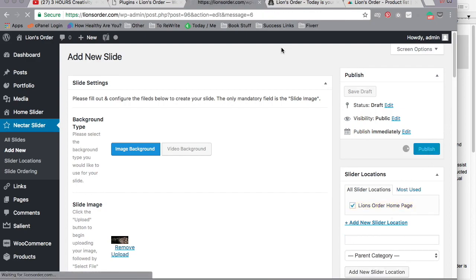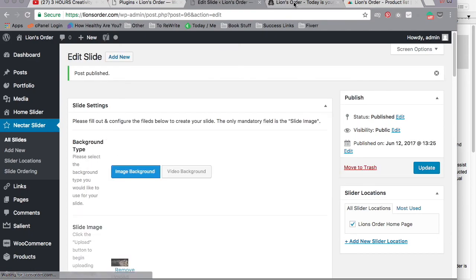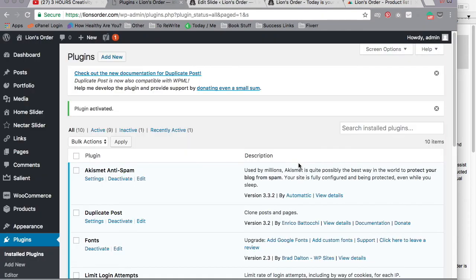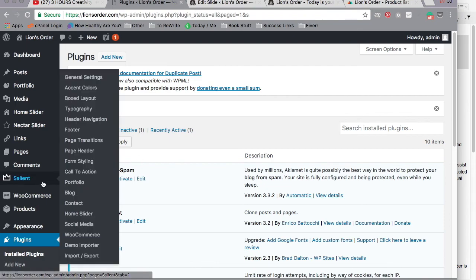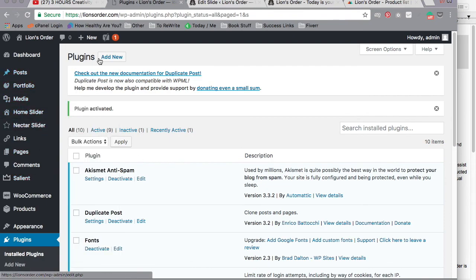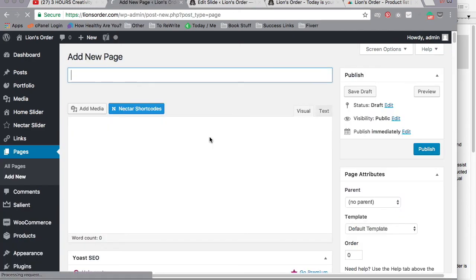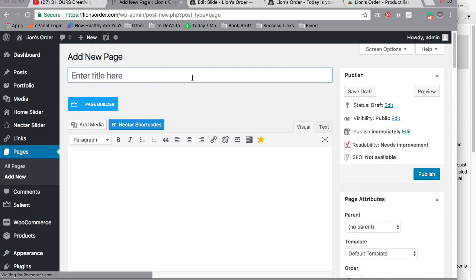This is going to make this image and the call to actions and stuff on it all accessible for the front page. So that being said, I'm going to go ahead into Pages, Pages, Add New, and now we're going to create our home page. Basically put, the title needs to be the name of your business, and maybe squeeze in a couple keywords or something that will maybe grab someone's attention. So I'm going to put Lions Order